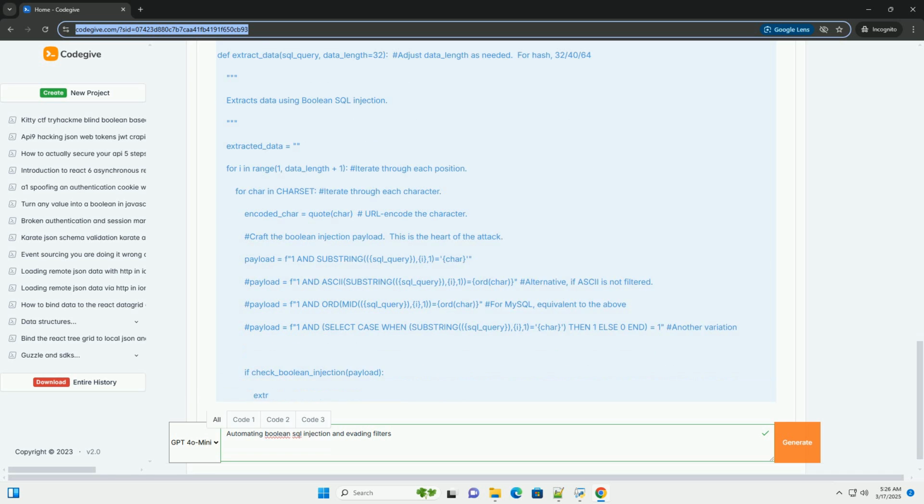Extract_data, sql_query, data_length. This is the core of the automation. It iterates through each character position of the data you want to extract. For each position, it iterates through the char set. It constructs a Boolean SQL injection payload using the sql_query, the current character position, i, and the current character from the char set. It calls